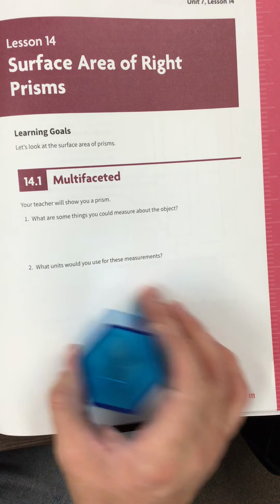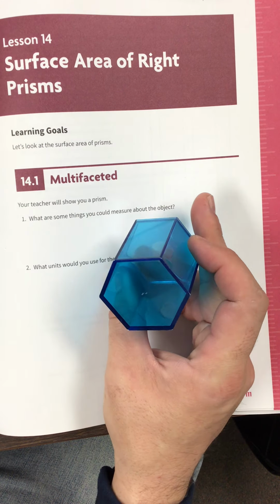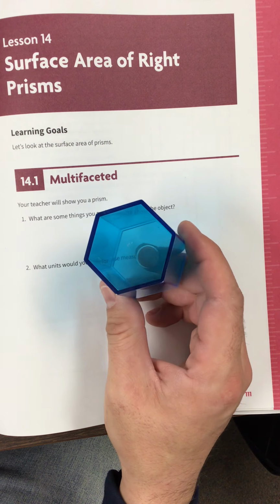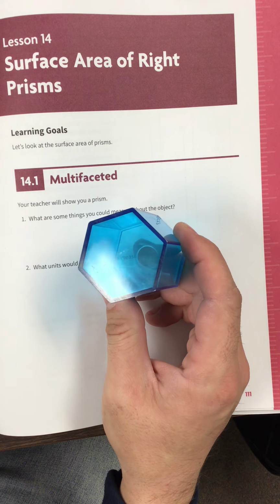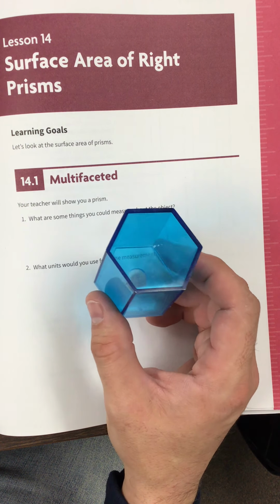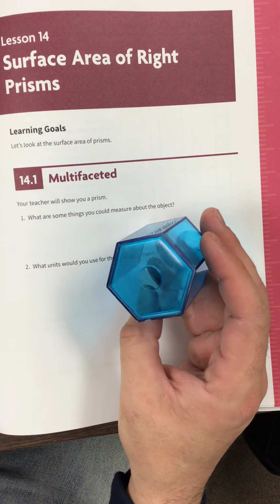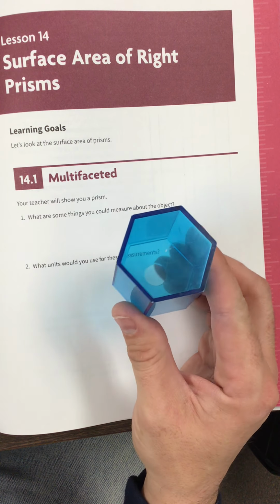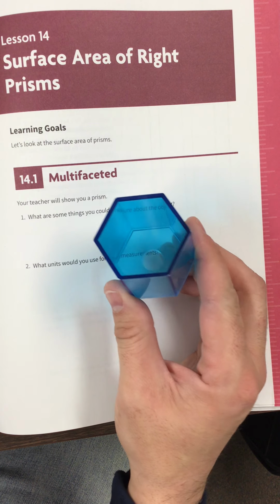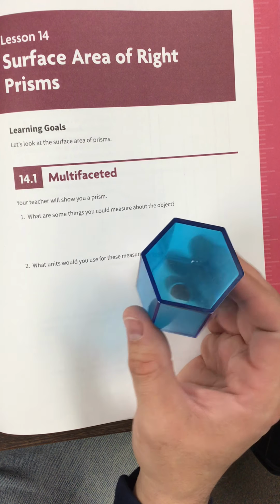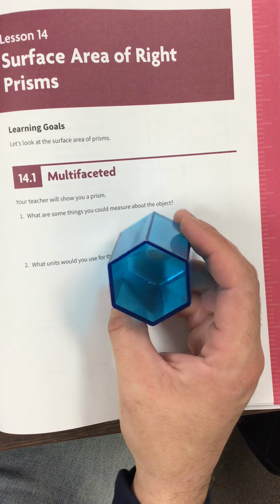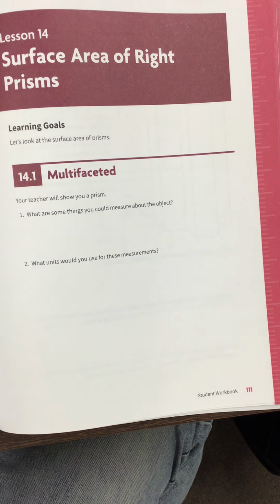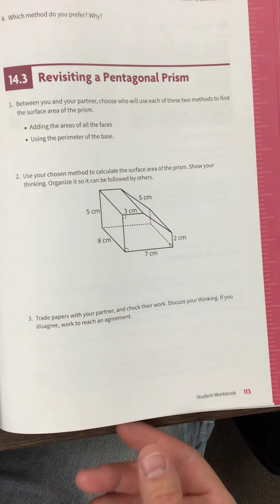What units could you use to measure these? This is pretty small. You could do inches, I suppose. Centimeters or millimeters would probably be better. Volume, you could do cubic centimeters, cubic millimeters, cubic inches. Again, that'd probably be pretty small because it's not a very big object, as you can tell. Area, again, we could probably do square centimeters, square millimeters, square inches would work as well. But again, that would be pretty small. So that should answer number 1 there for you. Question number 2,